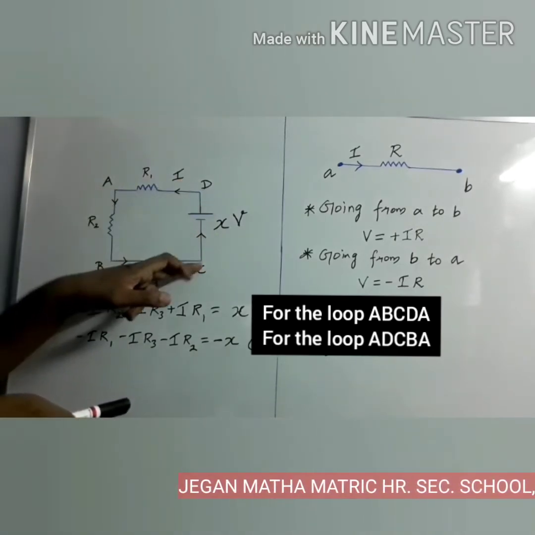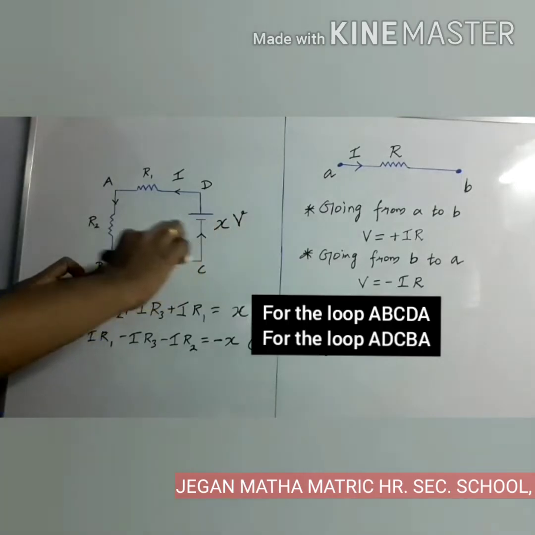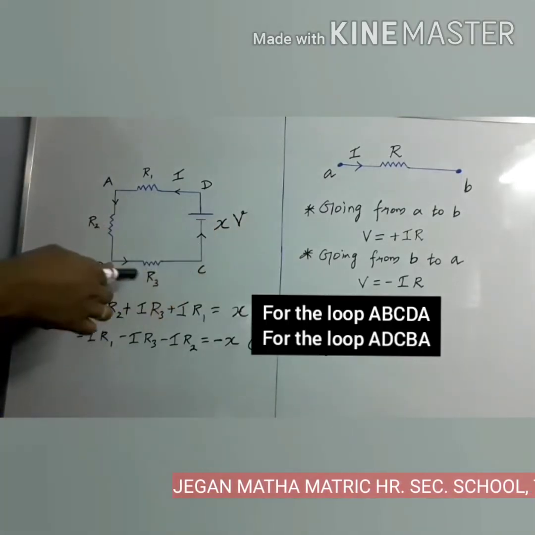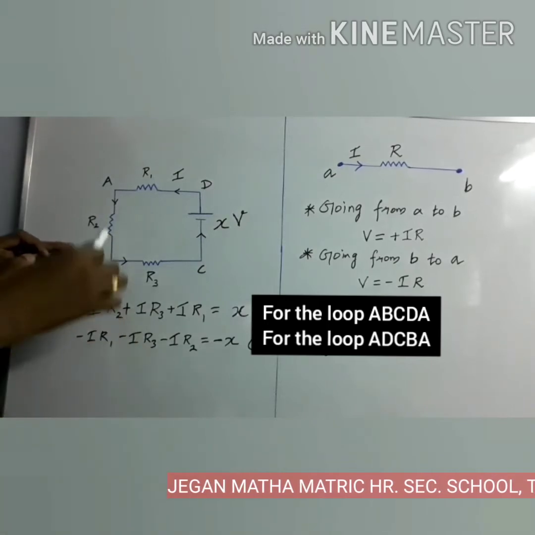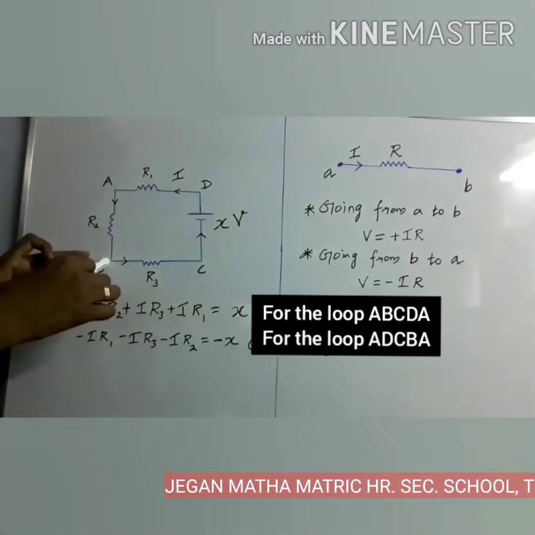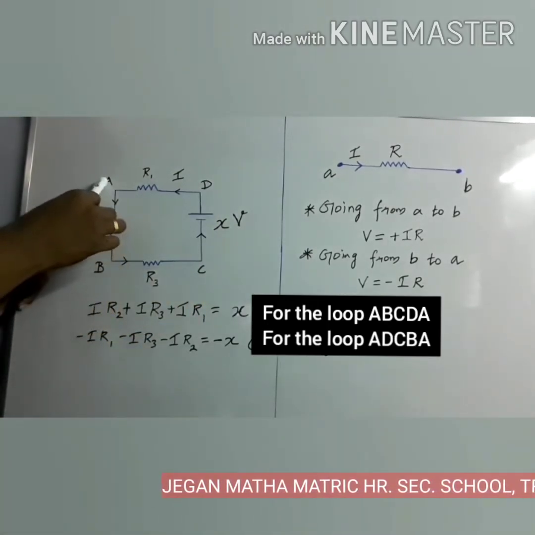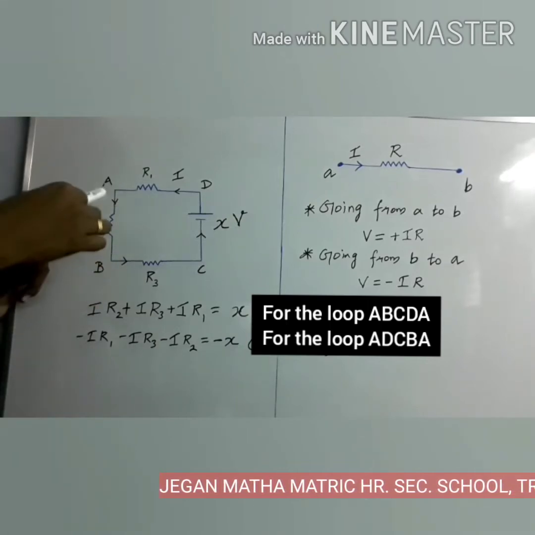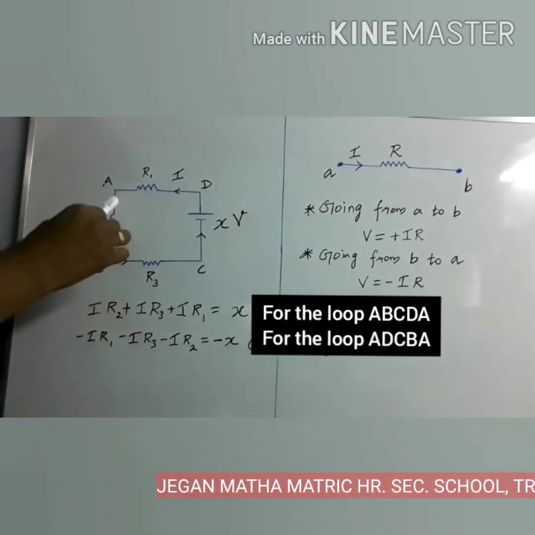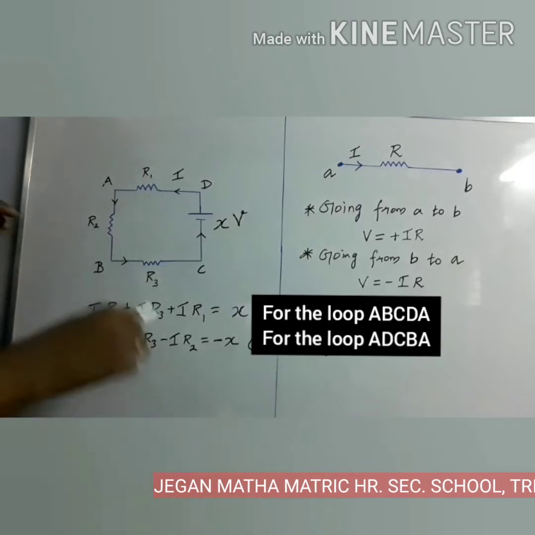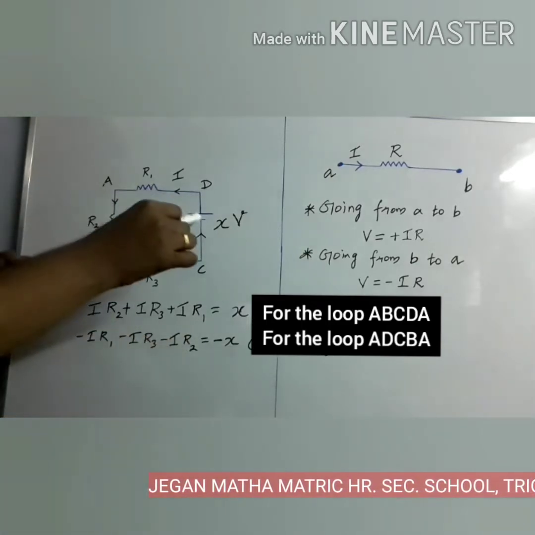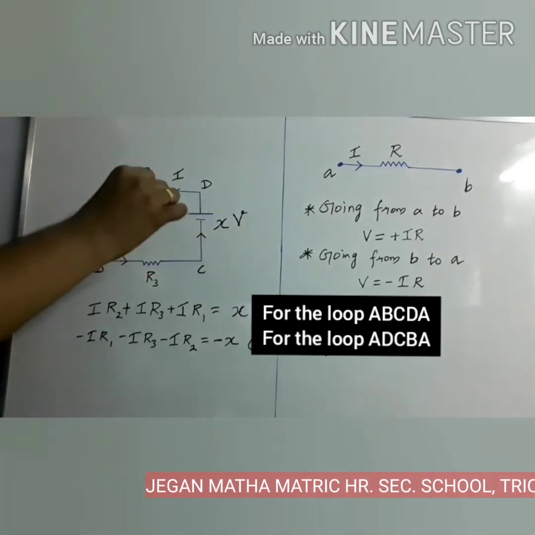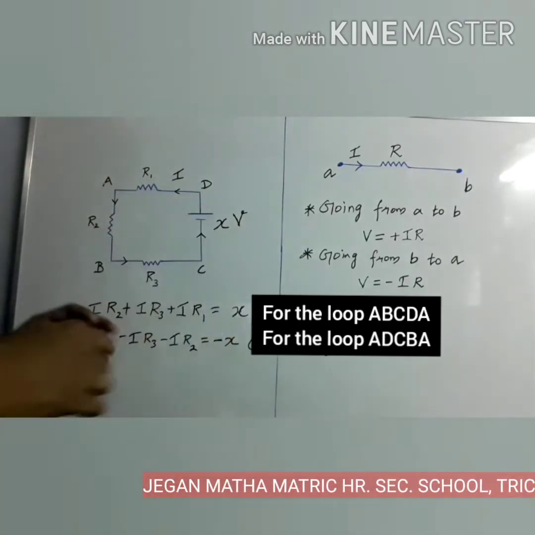D to C. C to B, your direction of loop is there, but what about the direction of current? B to C. So current here also gets the negative value. So minus I R3. So A, D, C, B over. Now B to A, the direction of loop is there, but what about the direction of current? It's opposite to the direction of loop. So here also the current gets a negative value. So minus I R2. In this part, what is the resistance? R2. It supplies the current opposite to the flow of loop. So here the EMF will get the negative value.